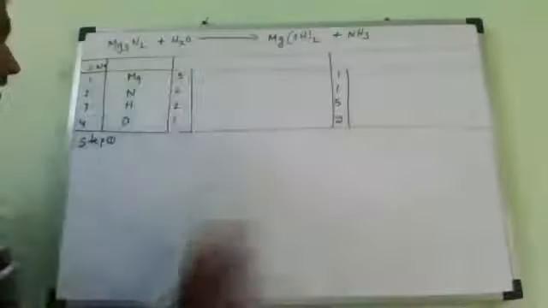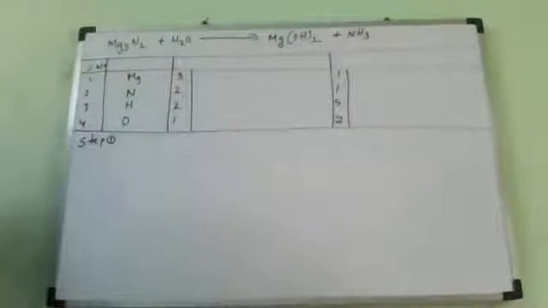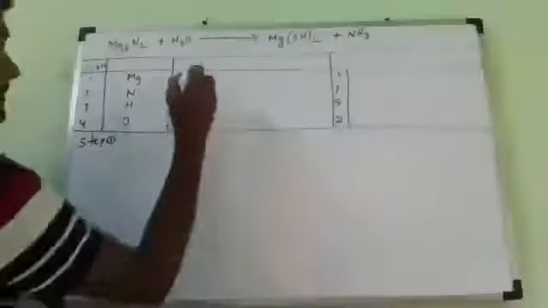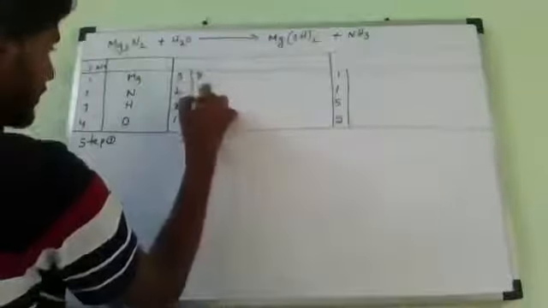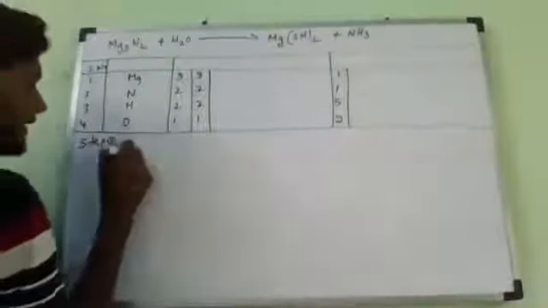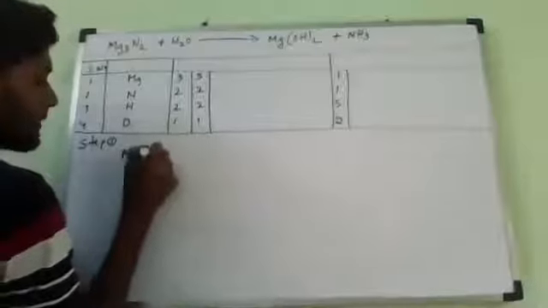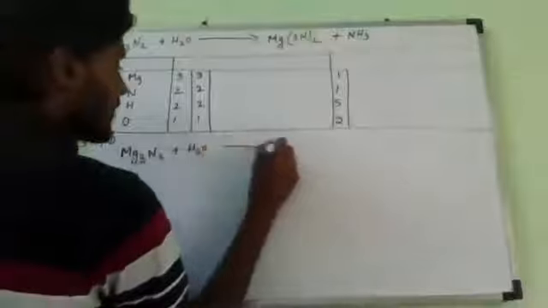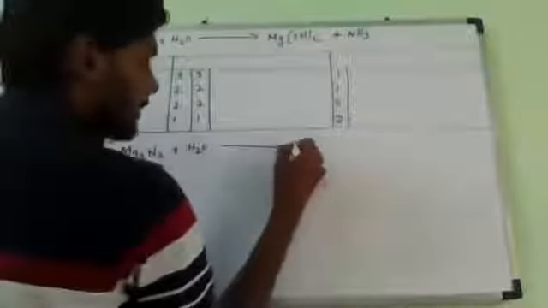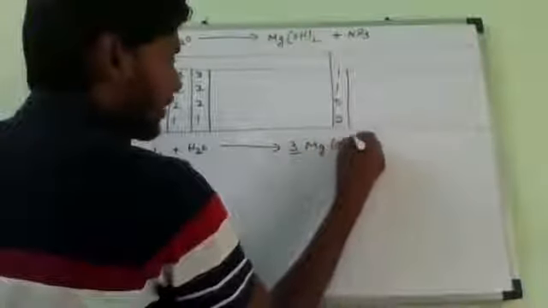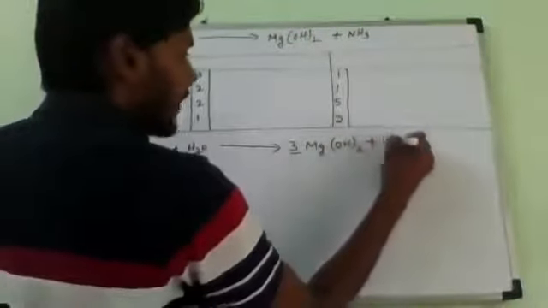Now try to balance. Which one will you balance? Magnesium. Here 3 and here 1. Which side will we balance? Product side. So 3 will come; this side, no change. Now start writing the equation. Magnesium nitride Mg3N2 reacting with water, which gives, so here we have to multiply with 3. 3 is the coefficient. Understand? So magnesium hydroxide plus ammonia. Is it okay now?